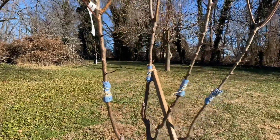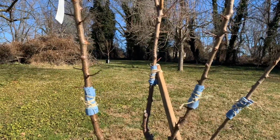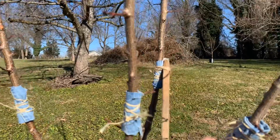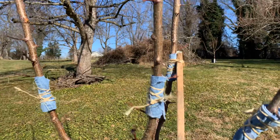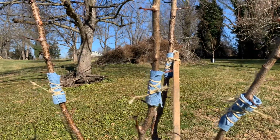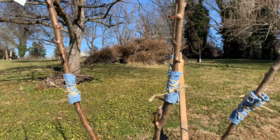So what I've done, as you can see, the blue is a piece of fabric. I cut it and used it with a natural fiber twine, which is a roll of jute fiber twine, which is very good to use because it is biodegradable, and once the branches start to grow, they wouldn't cut through the